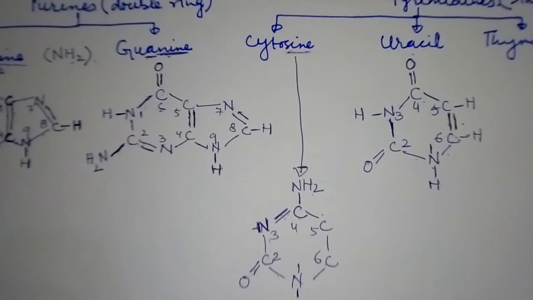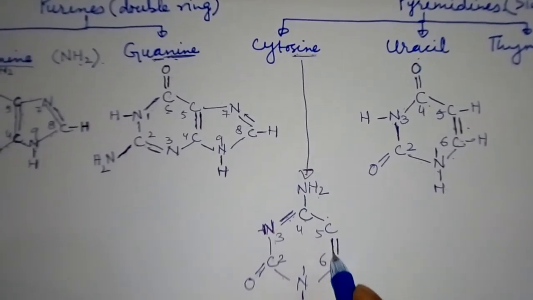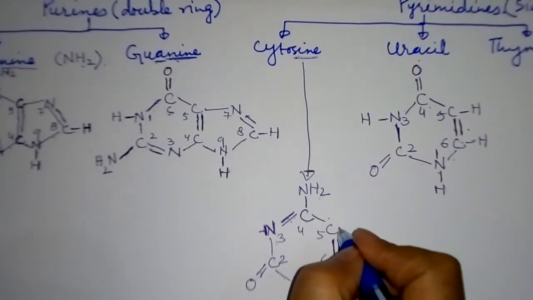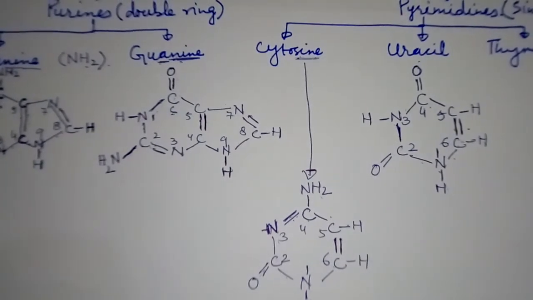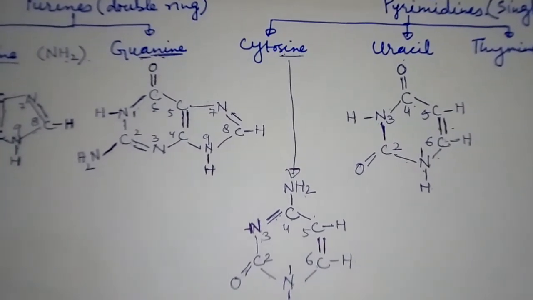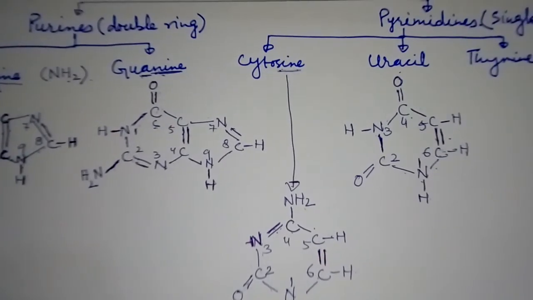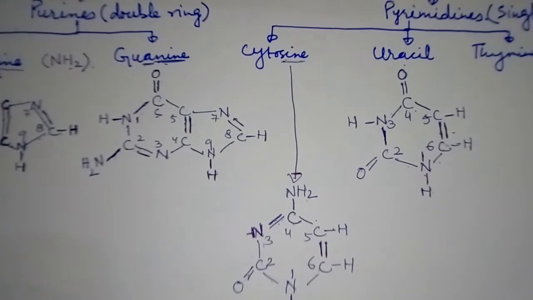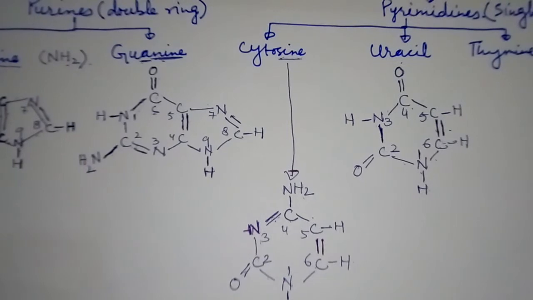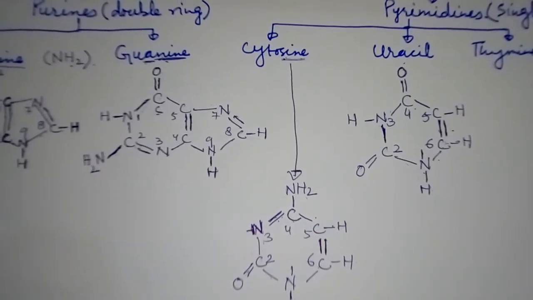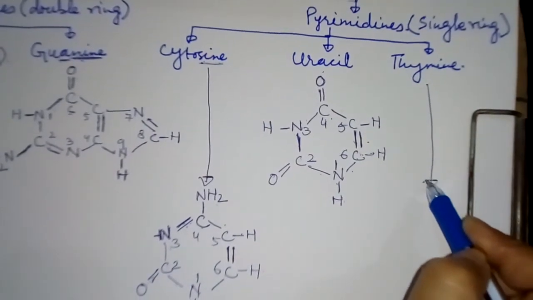With this nitrogen I will write a hydrogen. As I told you, always on this side the double bond is present between two carbons, and hydrogen is there. So this is a simple trick to learn the structure of what? Cytosine. Cytosine, after seeing an amino group with adenine and guanine, copies it from there and places it at its top. It tags itself with what? With an amino group.